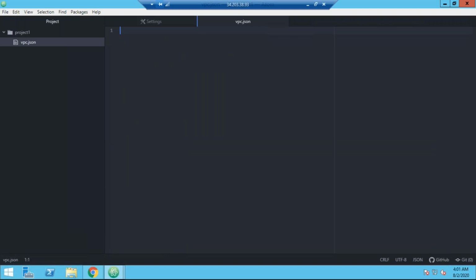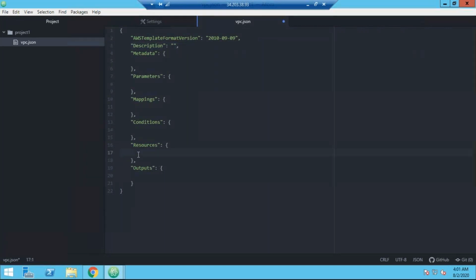So I am going to create a VPC. I type start and press enter, and we can see the template is created. I write VPC here and press enter, and the syntax comes automatically. I write VPC1 and add this address. I am creating a VPC in this range with the CIDR block I am giving. I am not using tags, so I am removing the tag section.